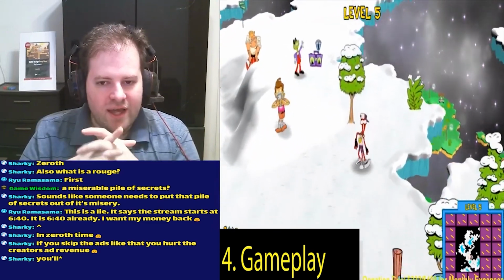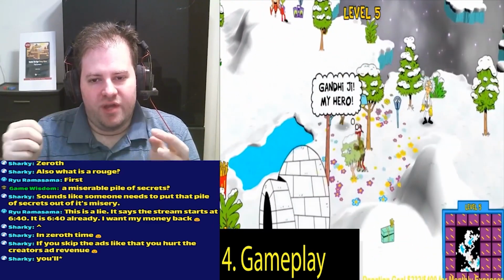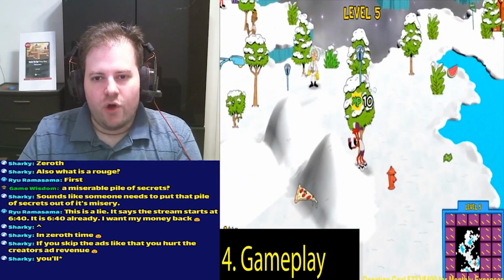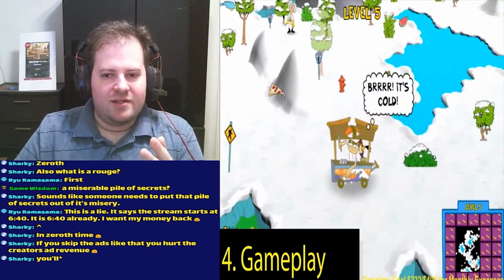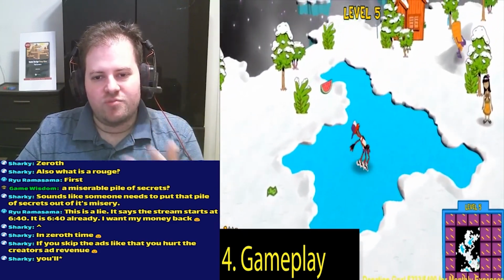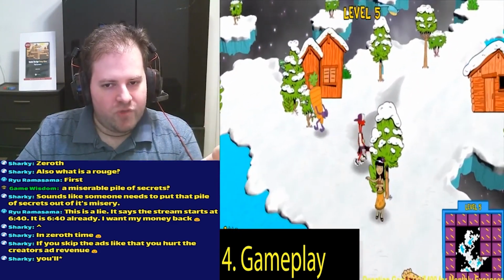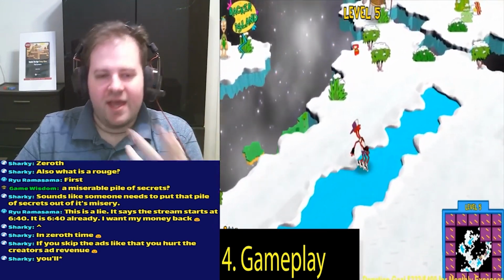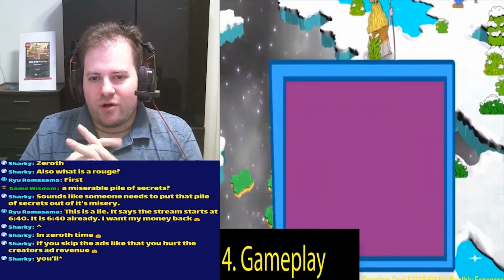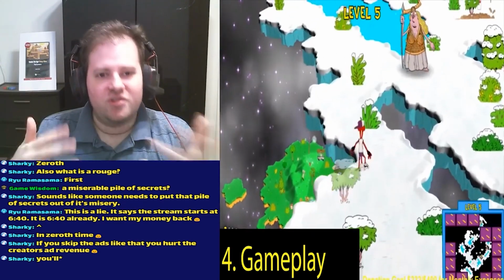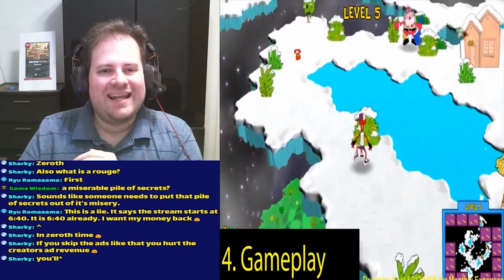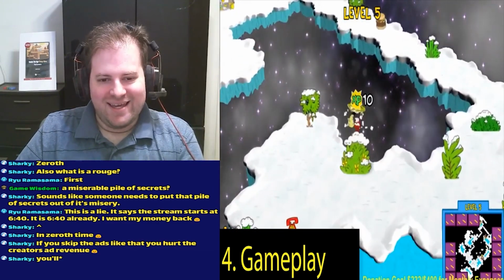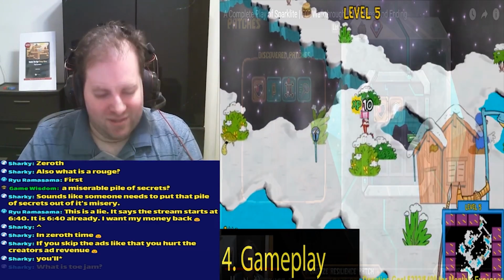And this is where that kind of argument started to get into splitting hairs territory: do roguelikes still belong to games like ToeJam and Earl, or should the term belong to games that are more classical in their design? And then that is where the idea of a subgenre, the roguelite, comes into play. And I'm sure Shark will ask what's a roguelite in the comments in the next 10 seconds.